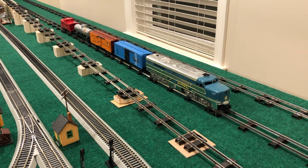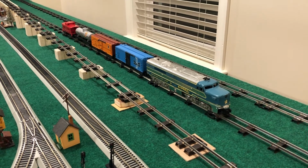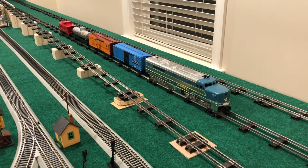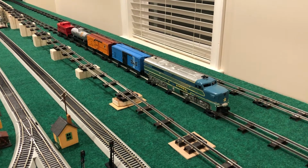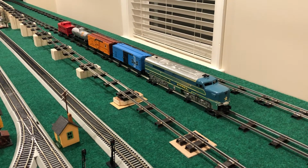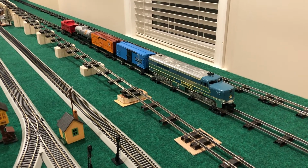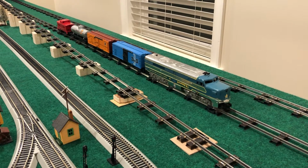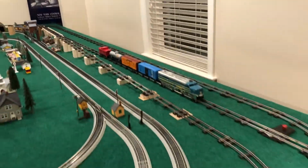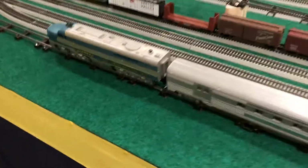This one was reported as having an erratically performing reverse unit. As it turned out, the reverse unit was just trying to make a motor that was bathed in black constant velocity joint grease, under which there was a layer of green petrified previous lubrication prior to the CV joint grease that got applied, I guess, in hopes of remedying its issues. So that, of course, got a thorough cleaning and tune-up, and some worn wheels replaced and so forth. And now it's running just fine, and I'm happy for the opportunity to get that ready for the owner to